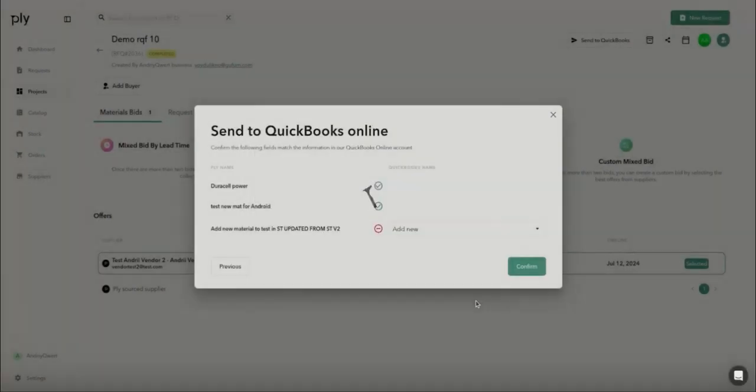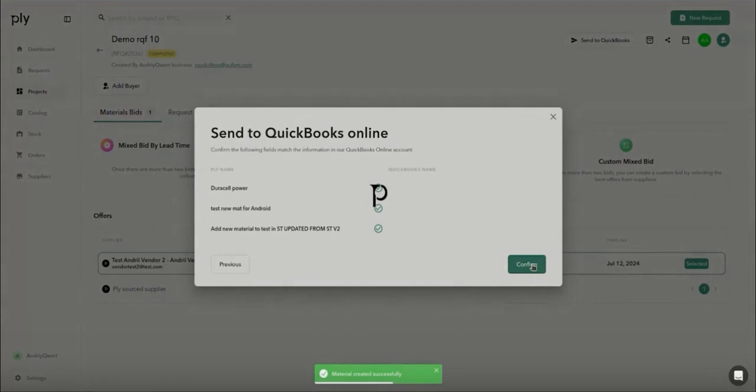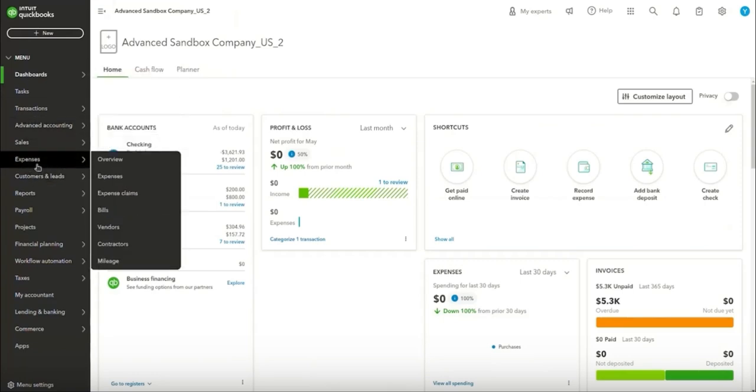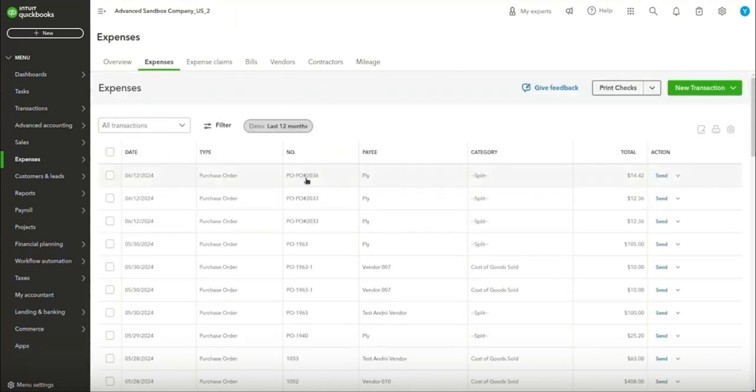When we hit save, it's going to add that new material, and when we hit confirm, we're going to sync it automatically with QuickBooks. So let's take a look at what that looks like inside of QuickBooks. We're going to head over to our expenses. And you can see here that we have a new purchase order under Ply. When we click on this,